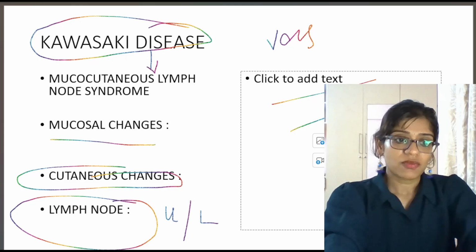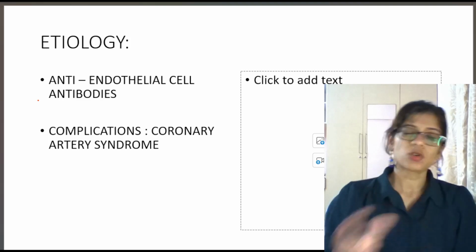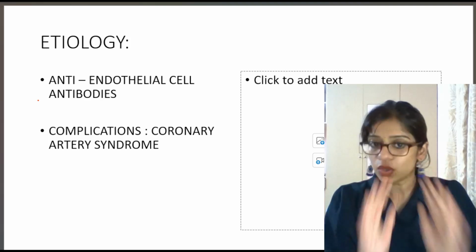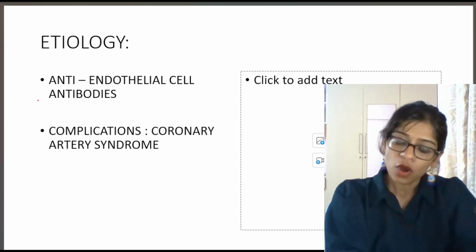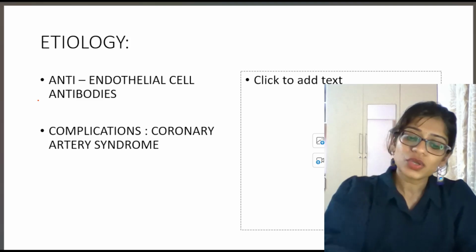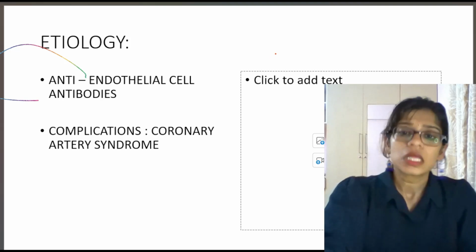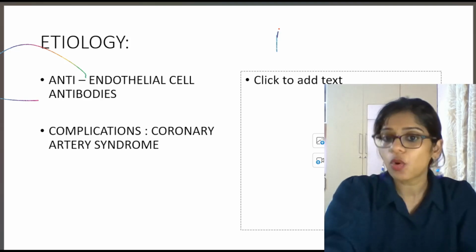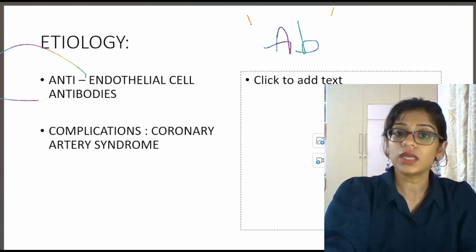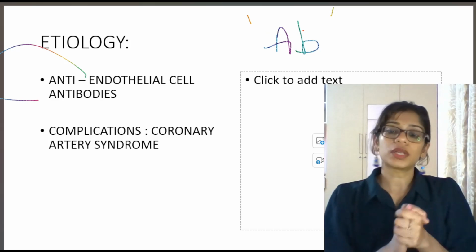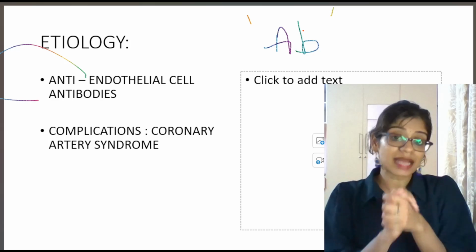Fine, now why does this disease occur? The exact etiology is unknown, but studies show that there could be a genetic predisposition, or some studies say that there is an autoimmune response. Our body has an overactive immune response. Like the patient's body will produce antibodies, because of an overactive immune system. These antibodies attack our body.